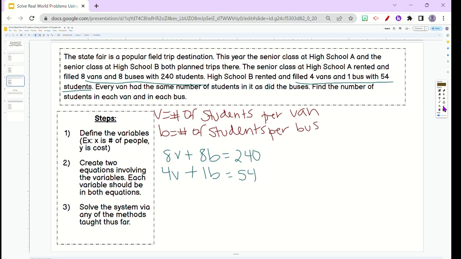I am going to choose to multiply this bottom one by -2 so that I can cancel out the V's. Alright, so -2 times 4V is -8V. -2 times 1B is -2B. -2 times 54 is